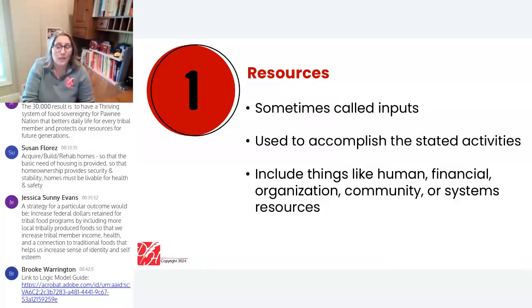Your resources are your own. So jot down as many as you can think of, whether they cost you cash or they are in kind. They are donated to you, therefore they don't cost you any cash. All of your resources should be listed right now. This might take a moment. When you're in your 8.5 by 11 sheet of paper logic model, when you've finished it, you might have shortened the list a little bit. For right now, though, we are in brainstorming mode. I want you to list as many resources as you can think of, please.